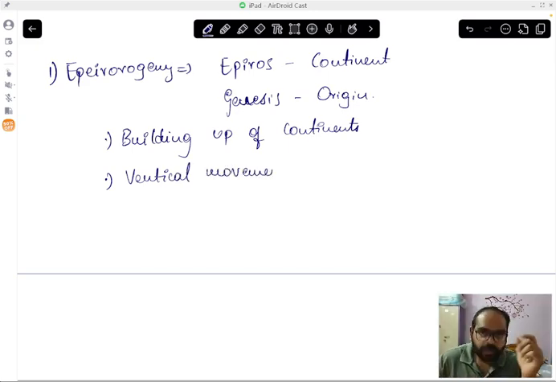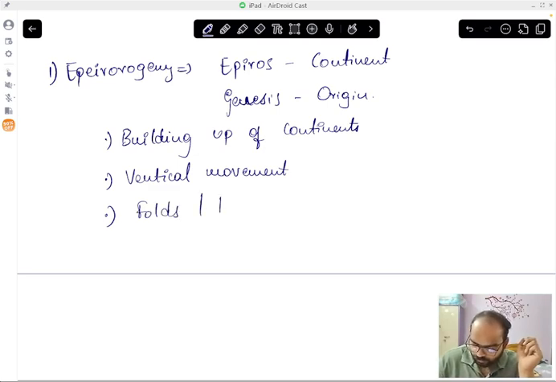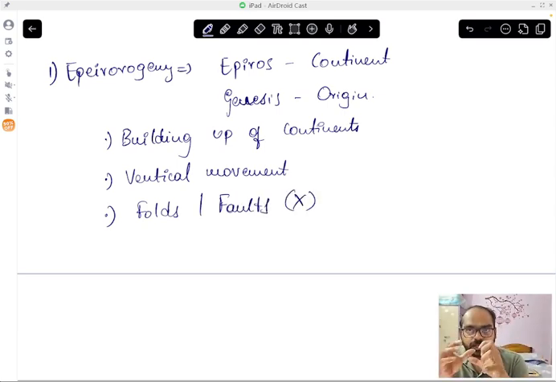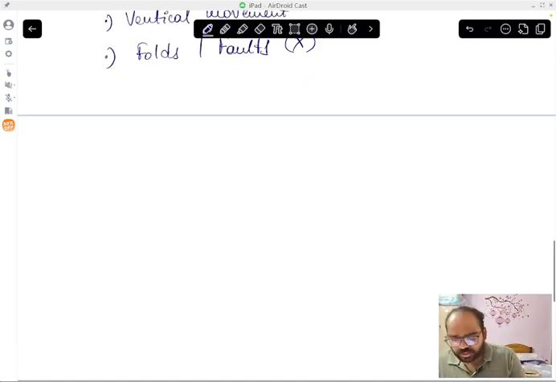There is no such thing as appearance of folds or faults during epiorogeny, because epiorogeny is a continent building process and it is a vertical movement. Okay, why do we say vertical? See,